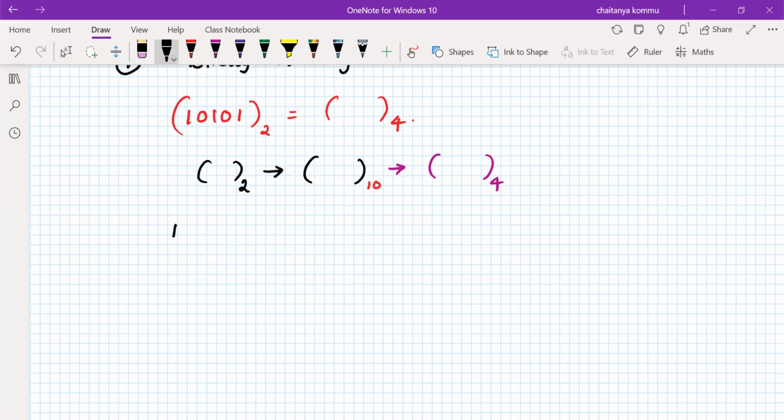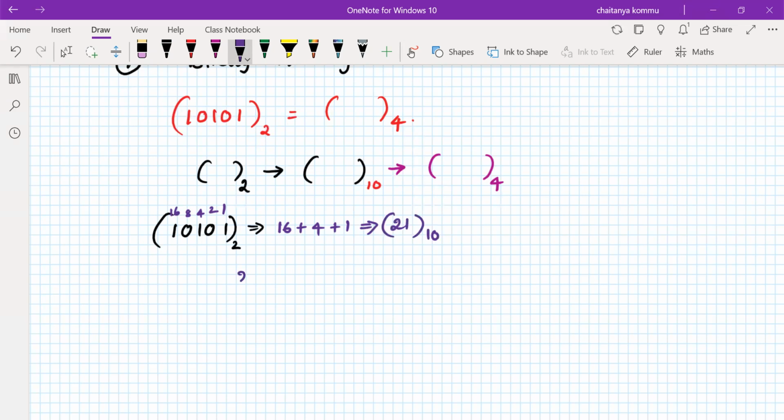So what we have to do, 1 0 1 0 1. I'm not going to do direct manipulations. Directly I'm going to use this methodology. Its weight is 1, its weight is 2, is 4, 8, 16. Therefore, 16 plus 4 plus 1. Are you getting what I'm saying? That 8th position I removed, 2nd position I removed because those are digit zeros. So what is its value? 21. So exactly 21 base 10.